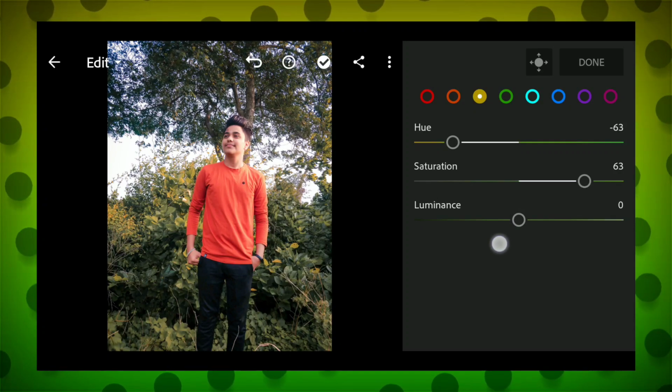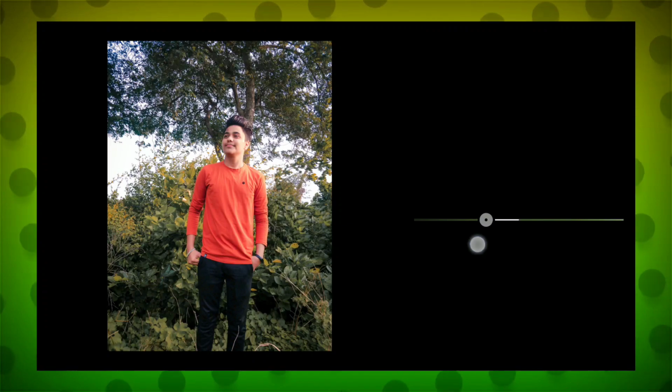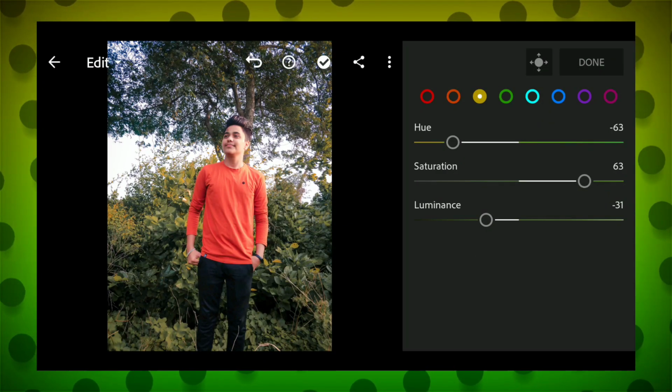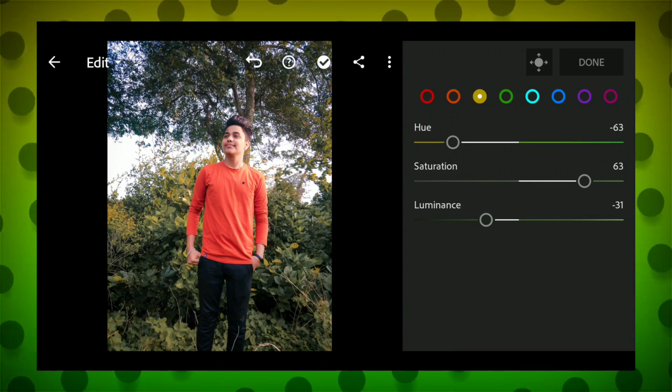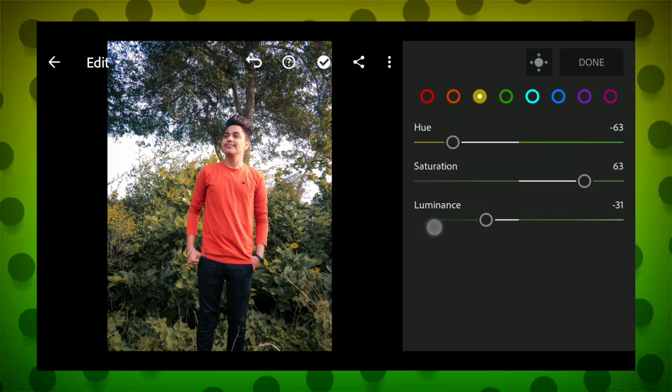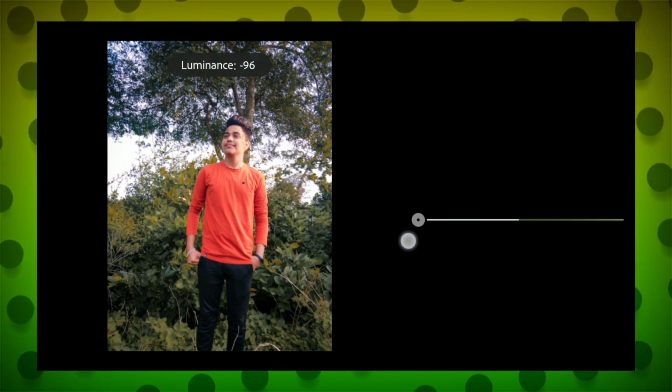Then adjust the luminance also. What luminance does is it gives a little bit of a blackish and white effect on the color which you have selected. So if you want a little bit of a shadow type effect on the color, decrease it to a larger extent.